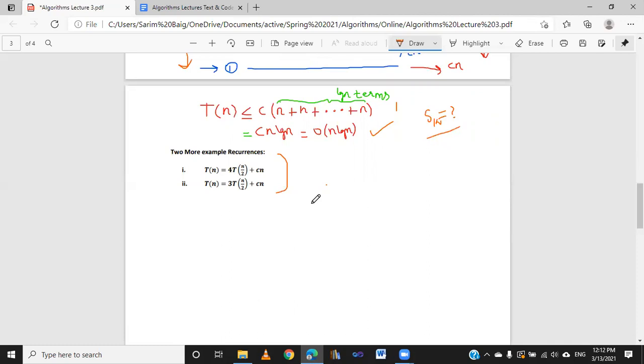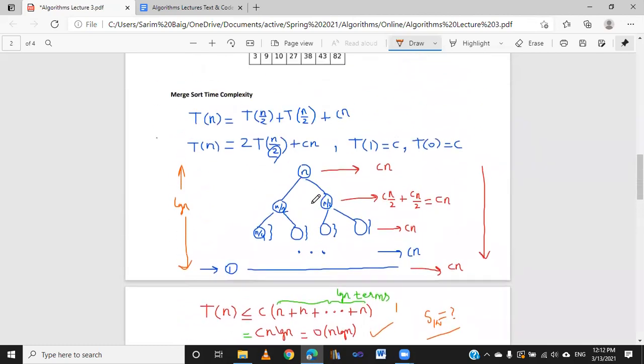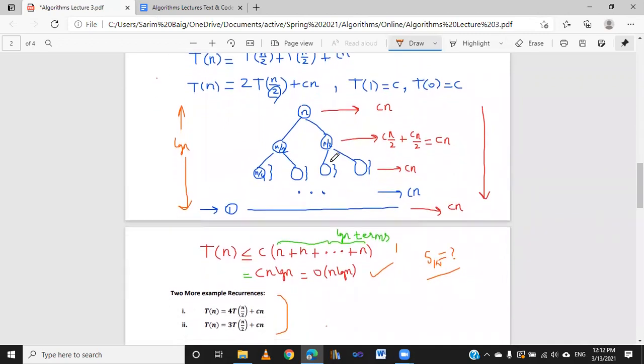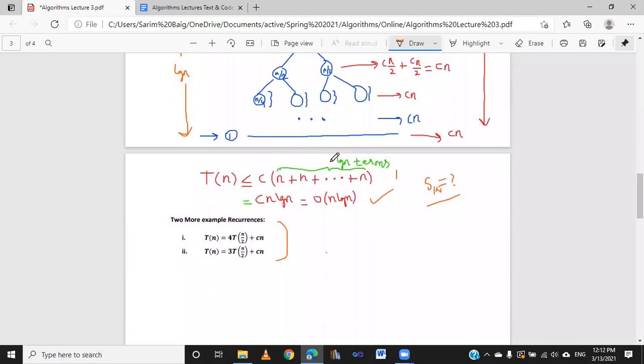Even in fast power, we made two pieces, why not three? Similarly in merge sort we made two subproblems, why not three? In fact, let me leave this video with that question. And what I'm going to do now will also tell you the importance and the convenience of having recurrences. Imagine